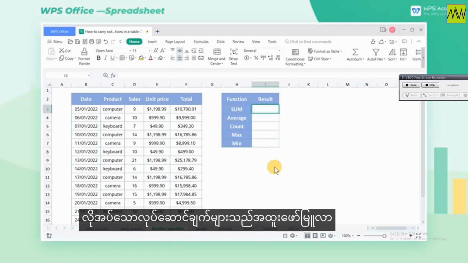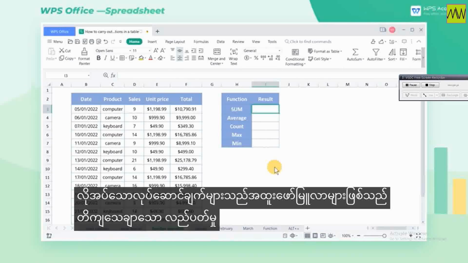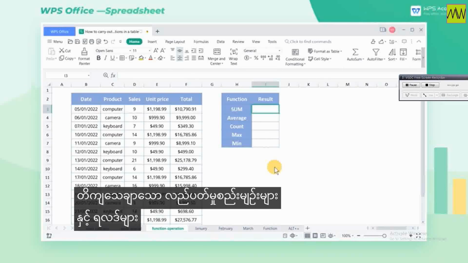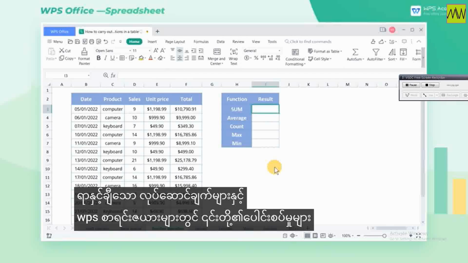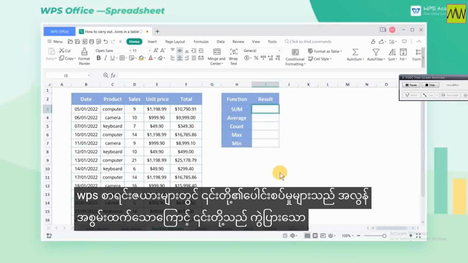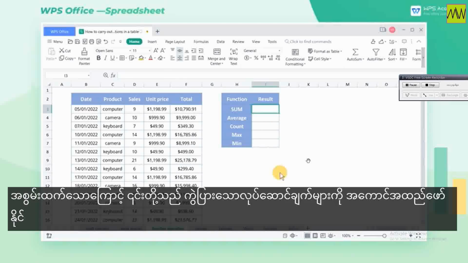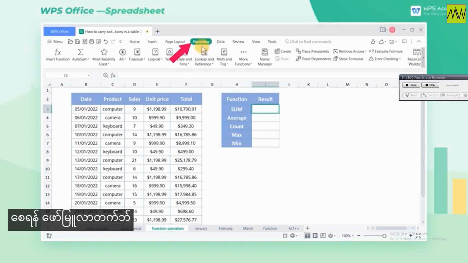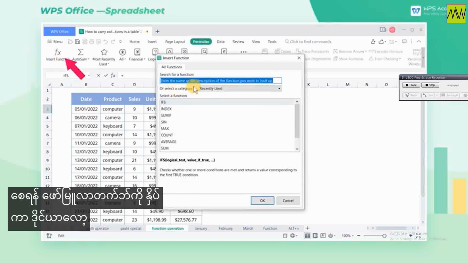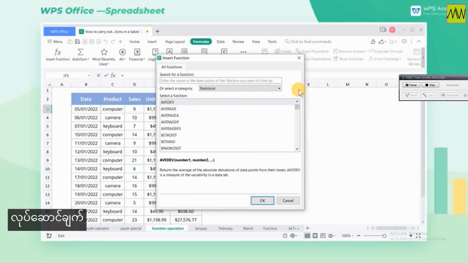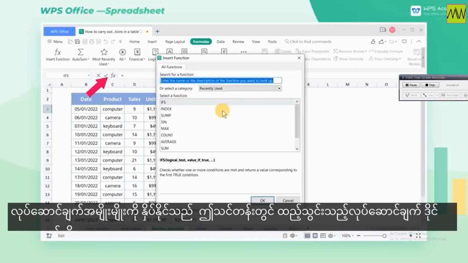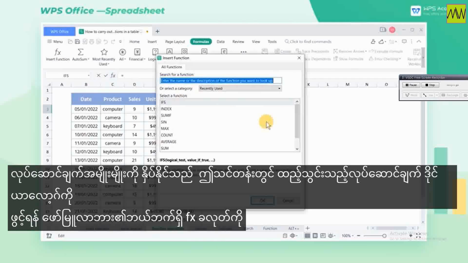Functions are special formulas that carry out specified operation rules and return results. Hundreds of functions and their combinations in WPS spreadsheet are so powerful that they can implement diverse operations. Click the Formulas tab and click Insert Function to pop up a dialog where we can choose different types of functions. You can also click the FX button on the left of the formula bar to open the Insert Function